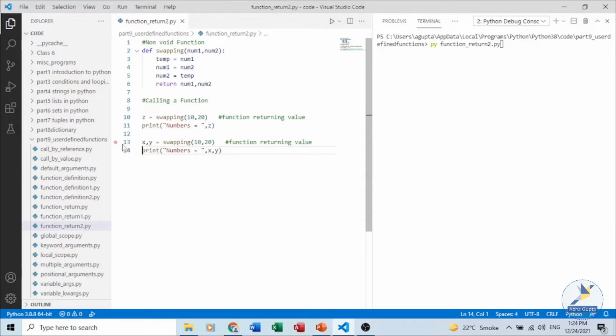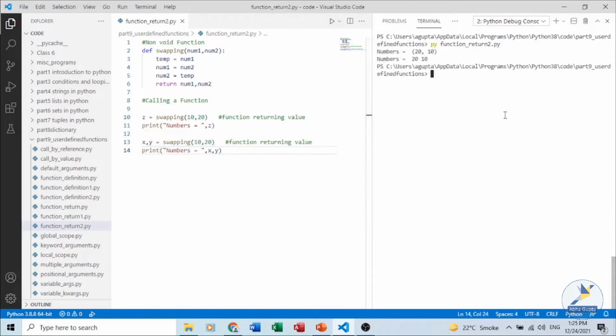For example, in line number 13, the data which is being returned from the swapping function, we are storing in two different variables, x and y, and then we are printing the values of x and y.